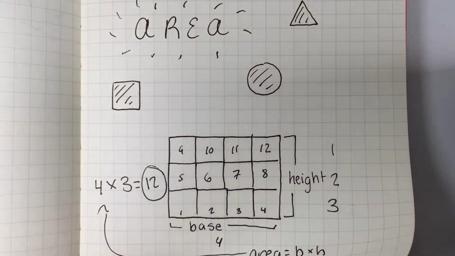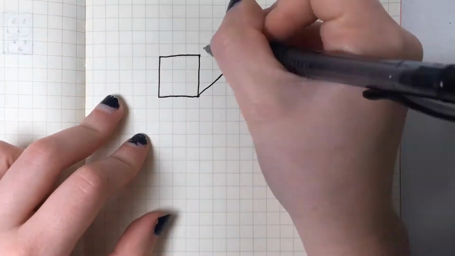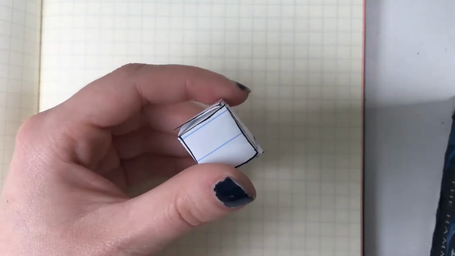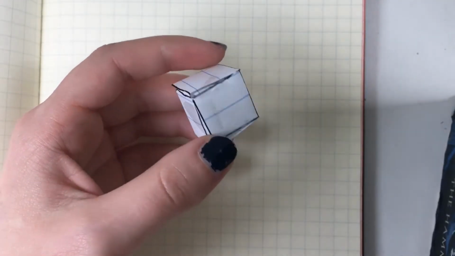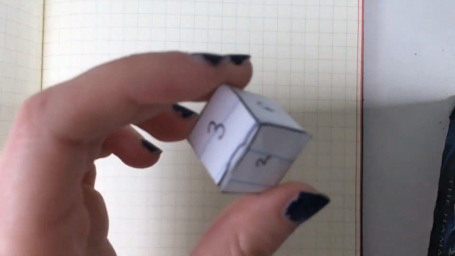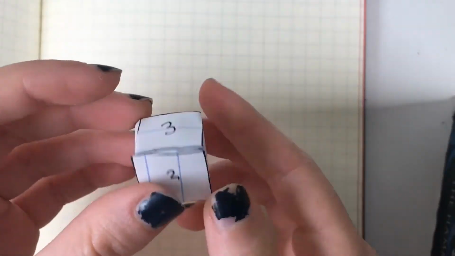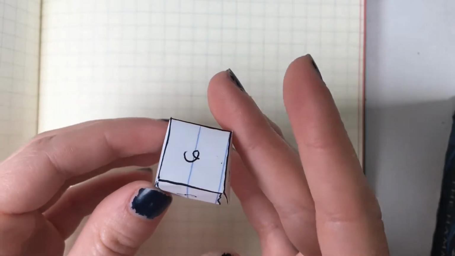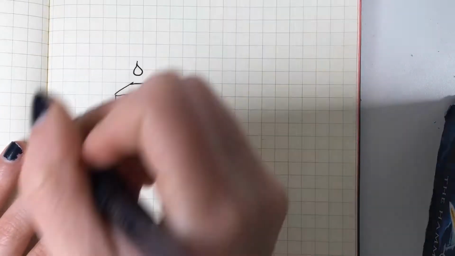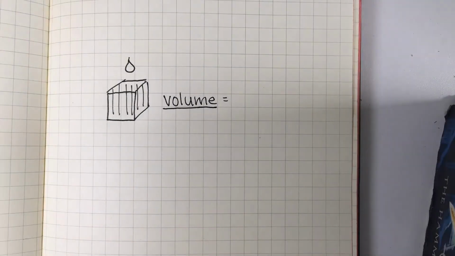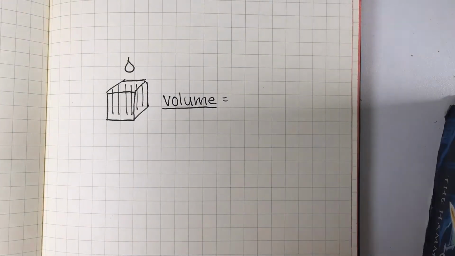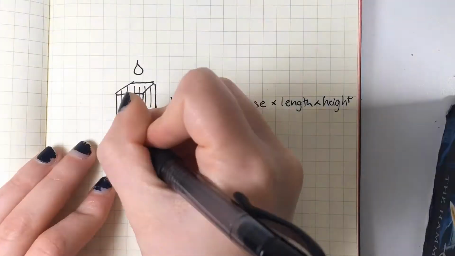Look around. I bet you can see many objects that are rectangular. For example, boxes. Take a look at this box. How many rectangles does it have? That's right, 6. Each side is called a face. If you want to know how much space is inside of an object, like how much water you could pour inside, it is called the volume, and you can find it using the base times the length times the height.